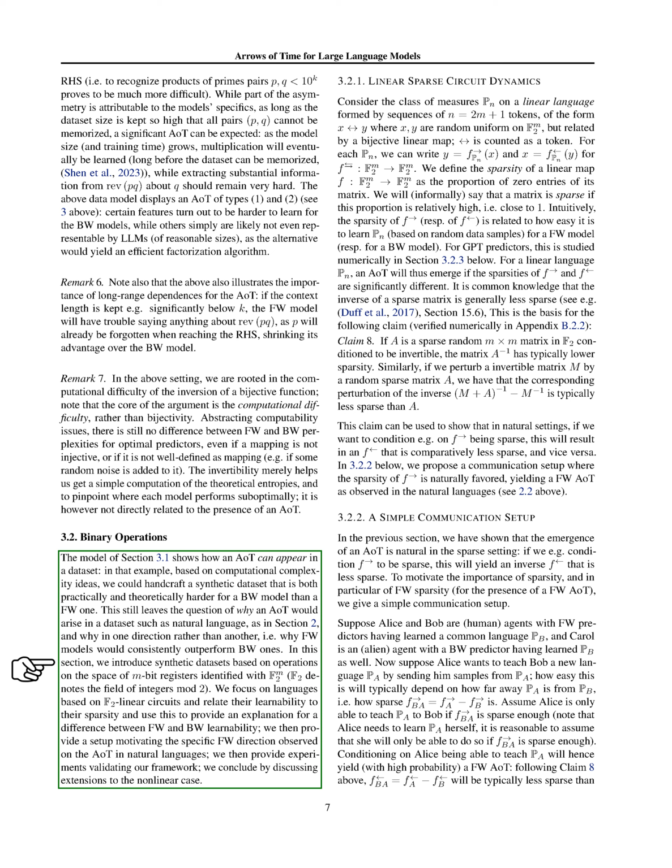We also present a simple communication scenario to illustrate how sparsity in the direction of learning, FW versus BW, can affect the ability to learn new languages. Imagine two people, Alice and Bob, who already know a common language and are trying to learn a new one from each other. If the new language can be described by a sparse operation from the old one, it's easier for them to learn it.